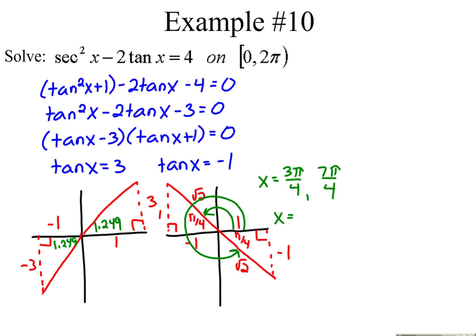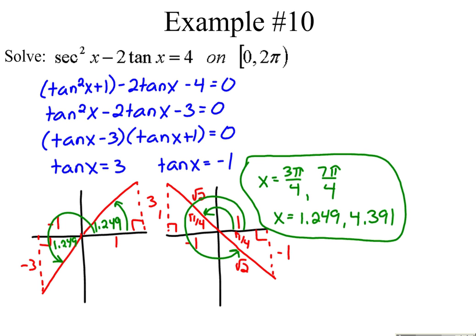So using that and going back to this, 1.249 is this reference angle and this reference angle. Remember, the reference angles are always the same in both triangles. So our two solutions that we are going to get, well, this first rotation is 1.249 radians. Our second rotation now goes to there. We know if we go halfway around, we've gone pi. We go 1.249 radians past pi, so take pi plus 1.249, and we get 4.391 radians. And there are our two solutions. Or I'm sorry, our four solutions. To each one of these, if we add pi to it,